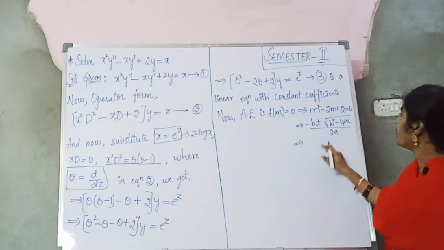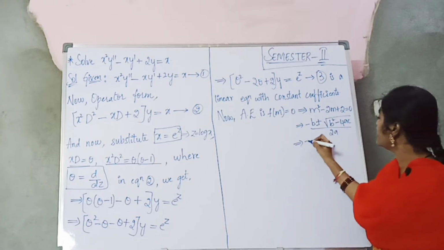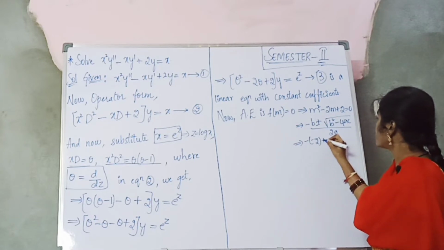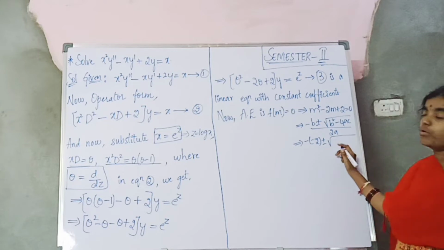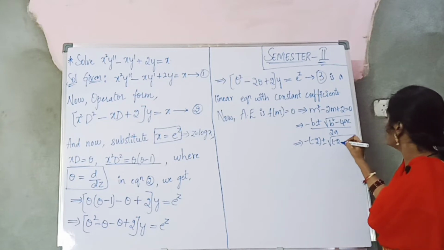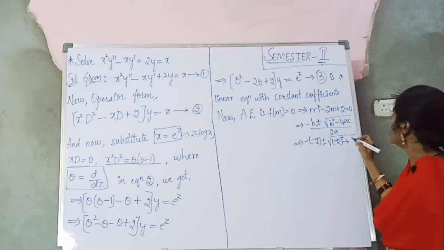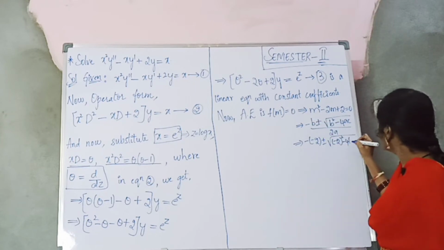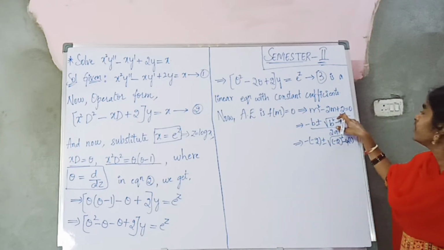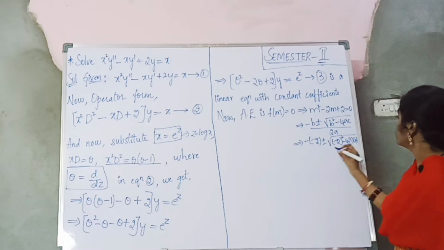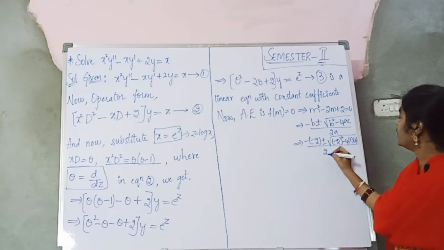So what is b here? Minus 2. Minus of minus 2 plus or minus under root of b square, minus 2 whole square, minus 4 into what is a here? m square means 1. 1 into what is c here? 2